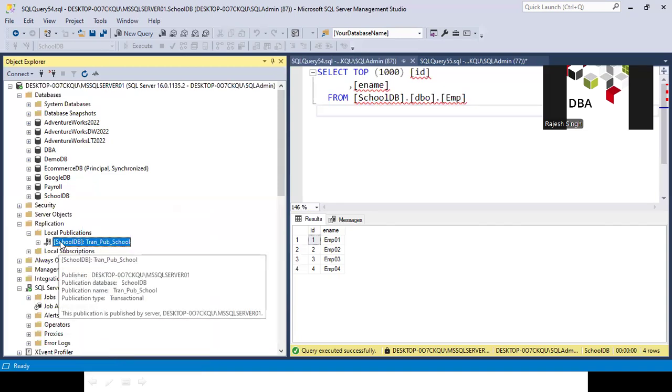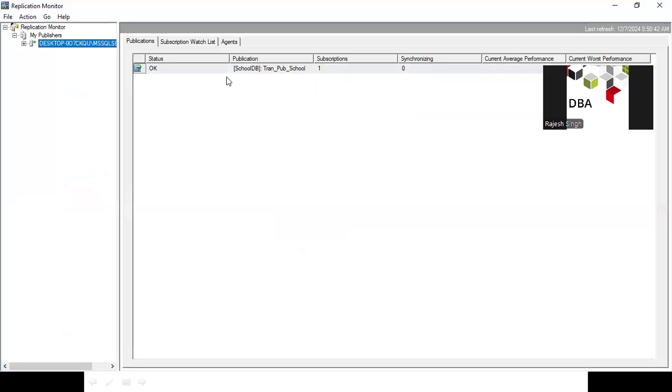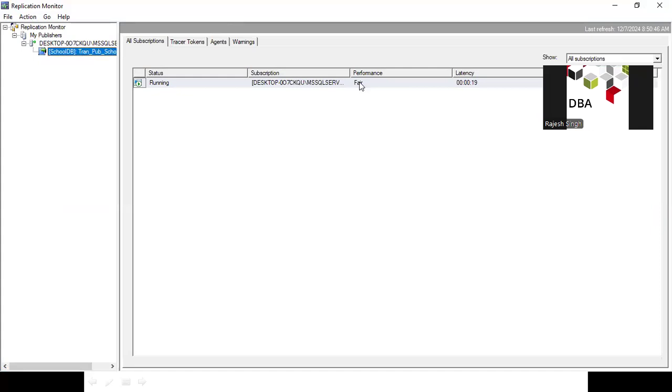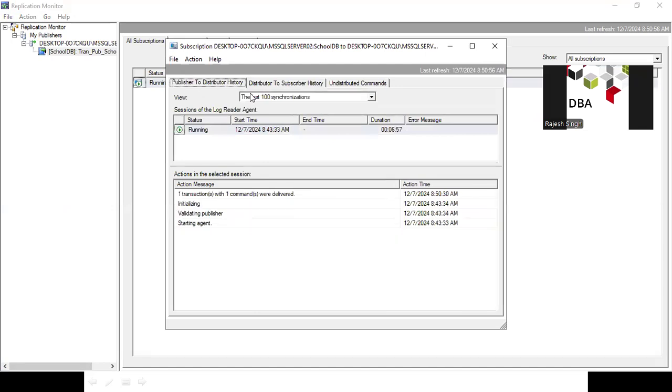If you expand your expired state, after a few seconds you will get a bad performance or critical status, something like that. Let me click here and you can see there is no problem here, because the publisher publishes data into the distributor and they are not raising any performance issue.